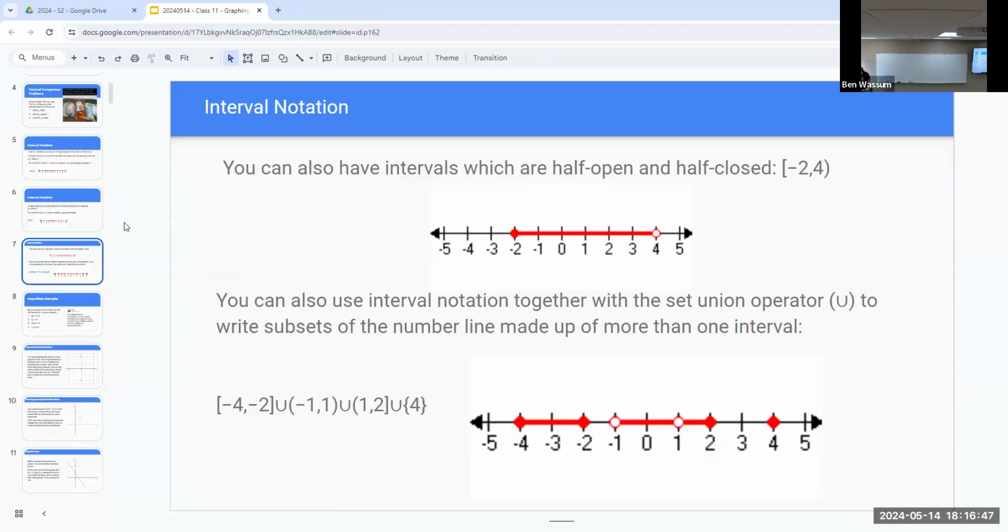So ignoring the bottom of this screen, the top example is pretty much just a decent application of this. You can have intervals that are half open and half closed. That literally just means one side's included, one side's not. So if I was to look at my number line here, ignoring the fact that I clearly have the answer right there, I would look at this and say, okay, well,